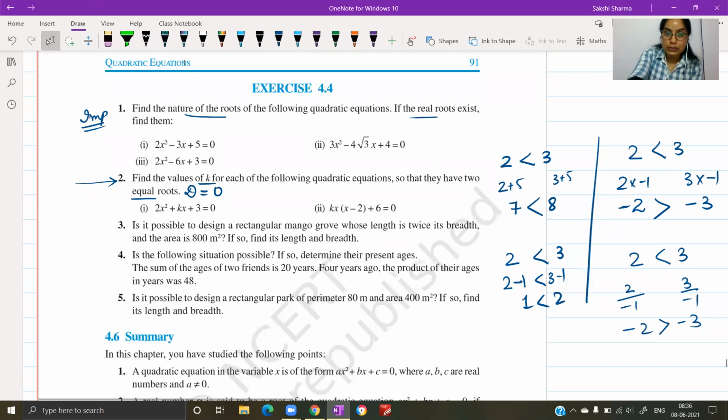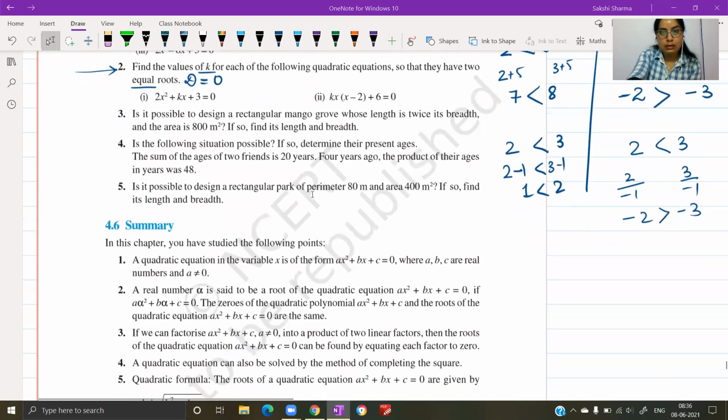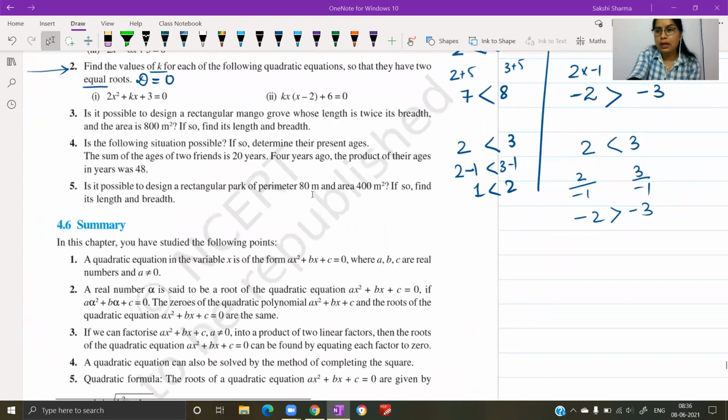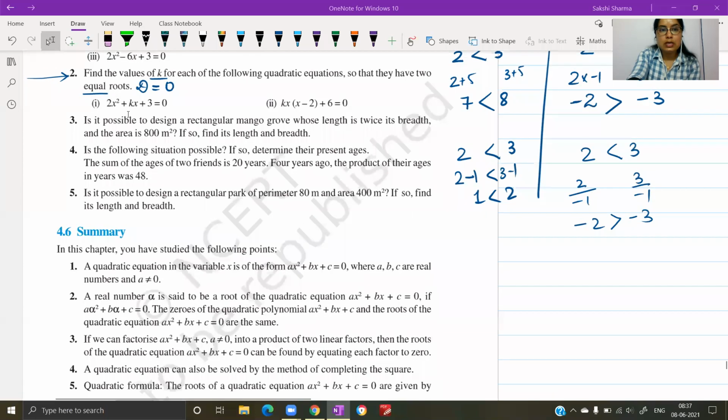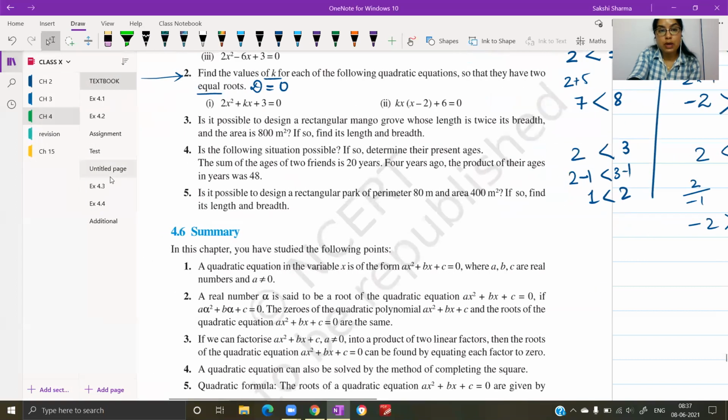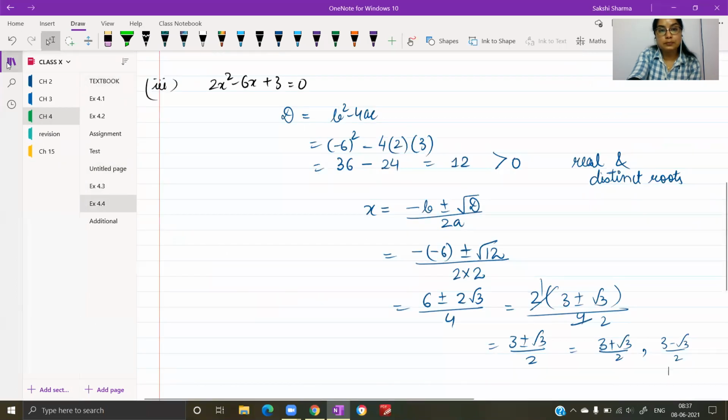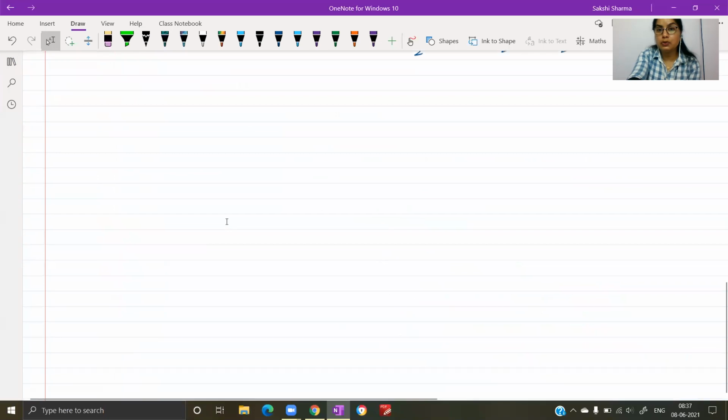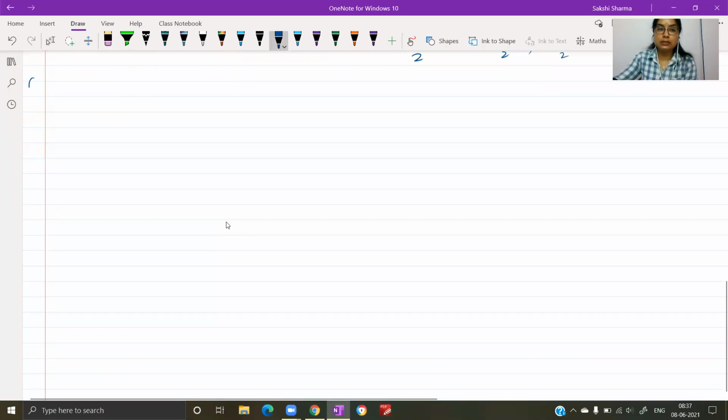There will be a couple of questions if I can discuss with you, maybe today or tomorrow, which you have to remember. I think वो one of the kind है, book में नहीं है आपकी, assignment में भी नहीं है शायद उस तरह के questions. So I would like to discuss those. Let's begin with these ones. Apply the condition for the equation to have equal roots. Take the discriminant equal to 0, solve it and find out your answer.